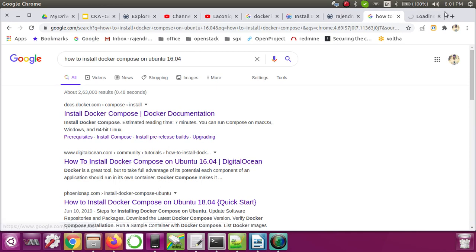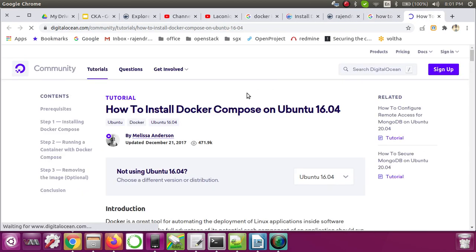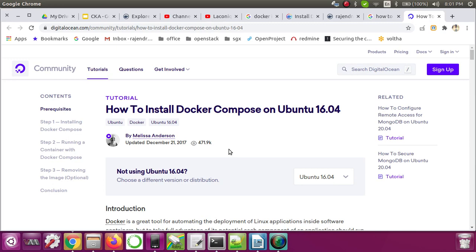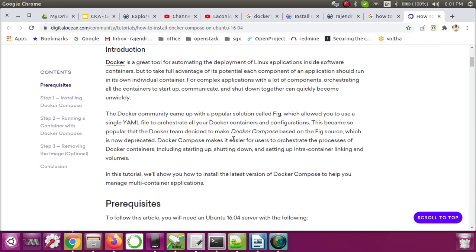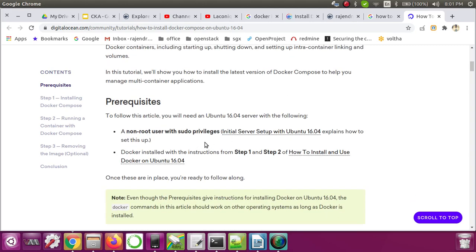You can open any link with the instructions. I usually prefer the DigitalOcean website, which has proper instructions. The prerequisites are a non-root user with sudo privileges, and Docker installed on that machine.